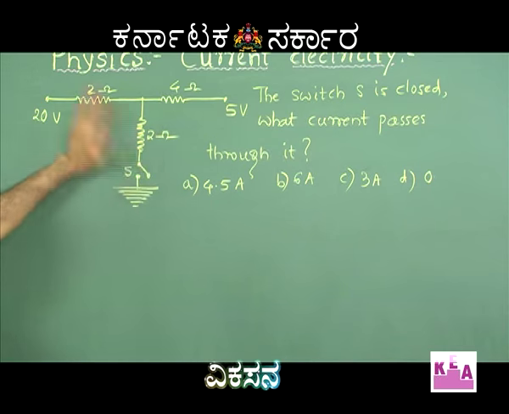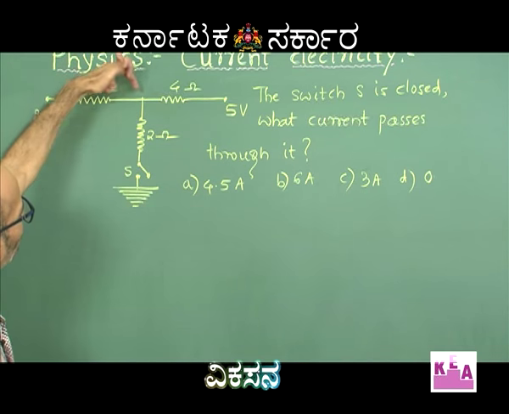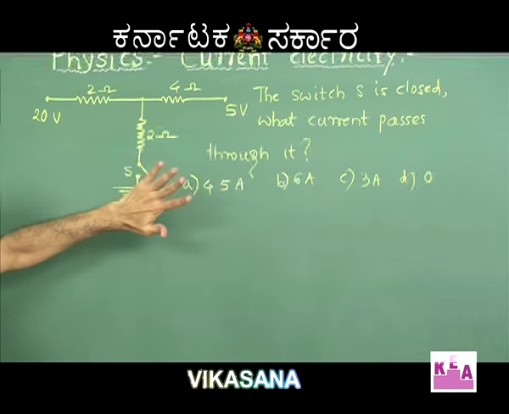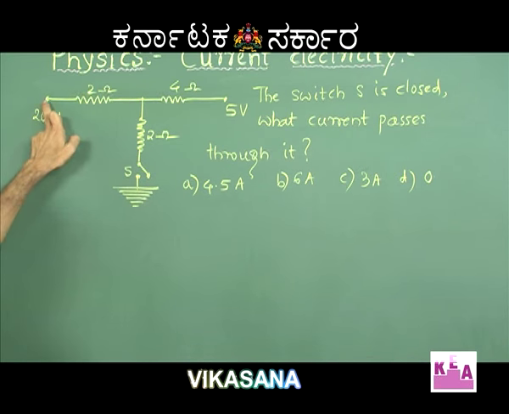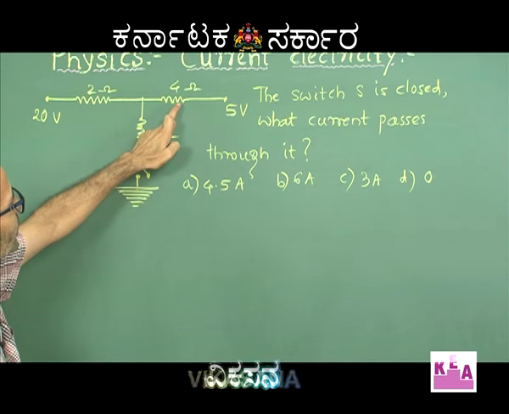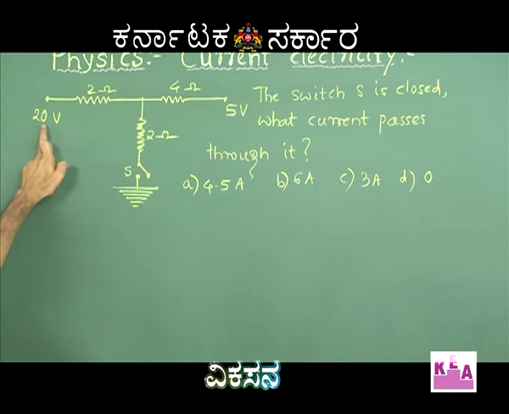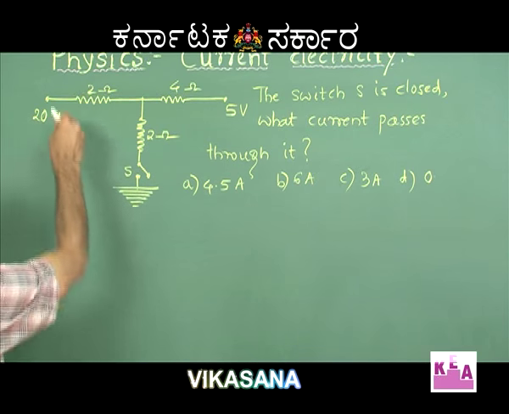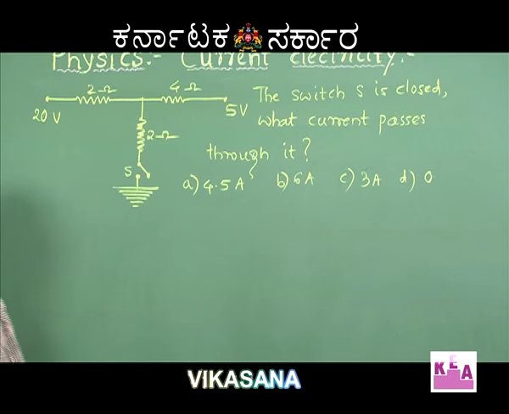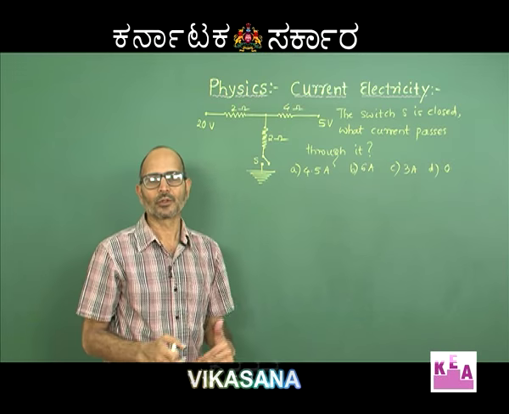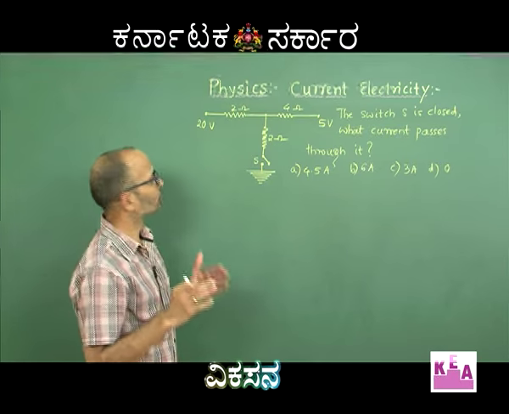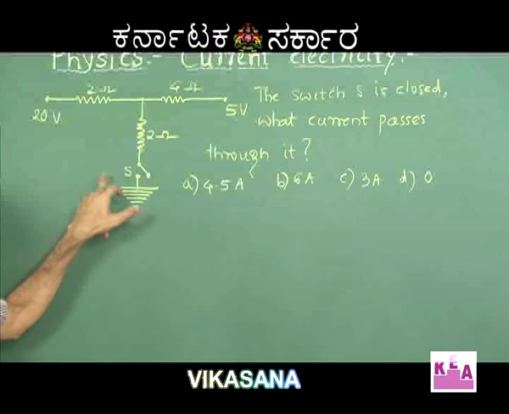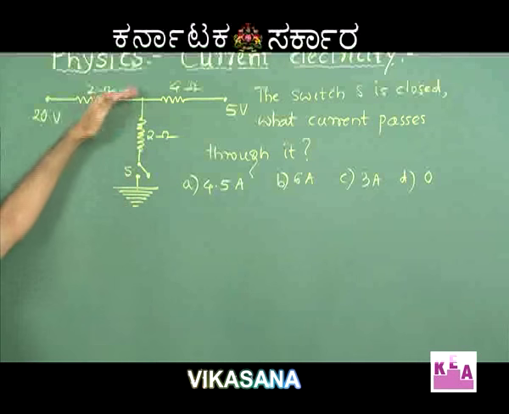See, as long as the switch is open, there is no scope for the current to flow in this 2 ohms resistance, because there is no outlet for the current to flow. Switch is still open, remember. Therefore, there will be only a current flowing through this 2 ohms and 4 ohms resistance, reaching the 5 volts junction from 20 volts, making these two resistances in series. A current directly flows from 20 volts to 5 volts, making the two resistances 2 and 4 ohms to be in series. Fine, but the moment you close the switch, there is a scope for the current to get branched